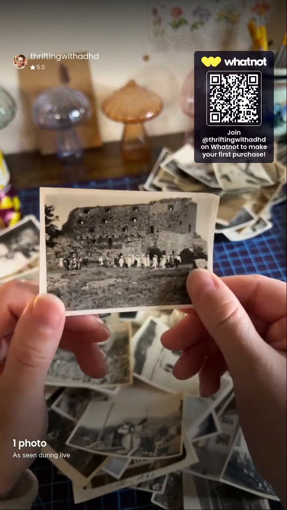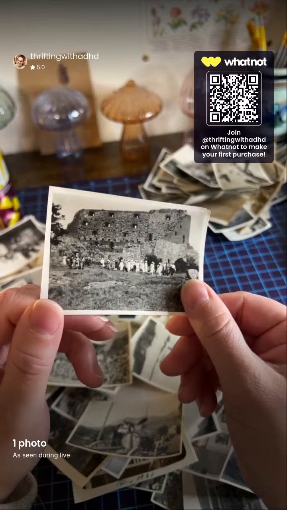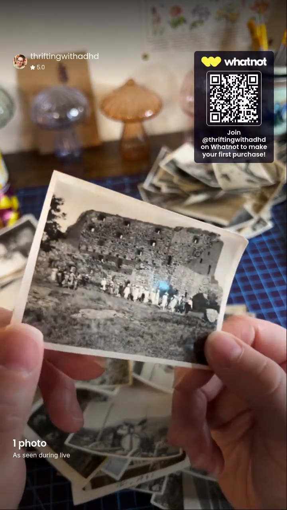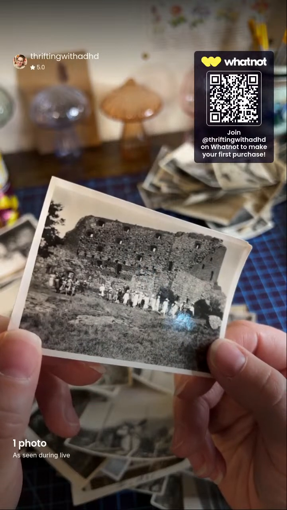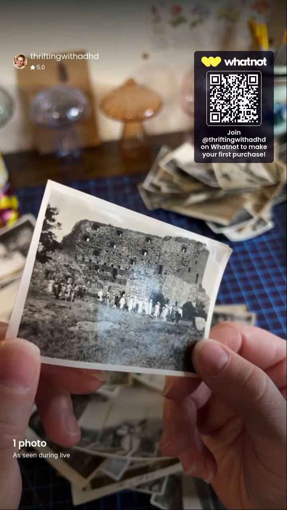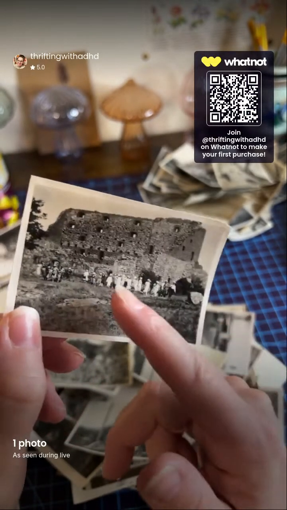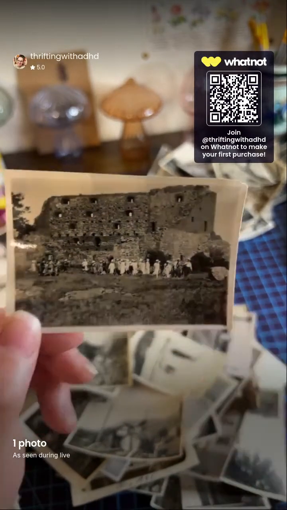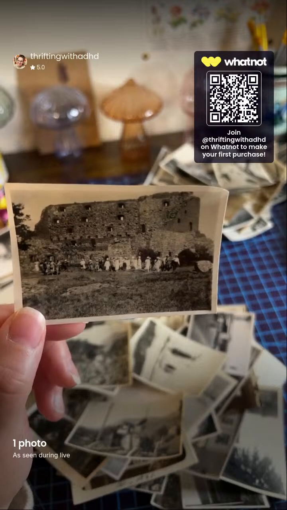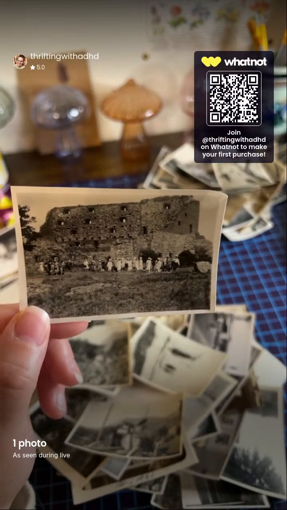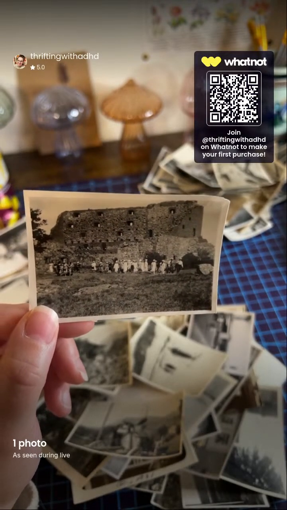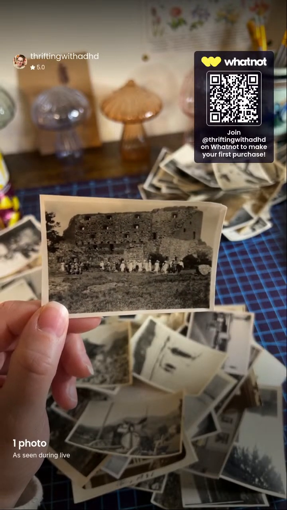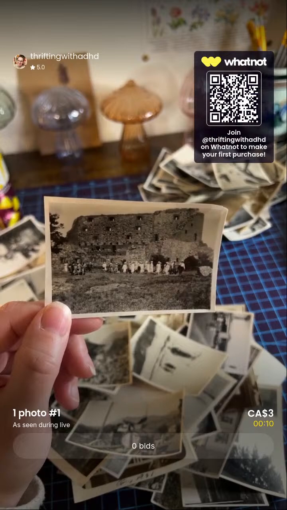This is a really cool historic photo, like it has a really old historic broken down building in the background. It is hard to make out. They're in uniform. It's hard to make out what kind of uniform these people are in. But there is a group of people standing. They all look like they're all dressed in kind of like a white gown uniform with a hat. So I don't know if it's nursing. I don't know why nurses would be at this historic building, but this one is running right now for 10